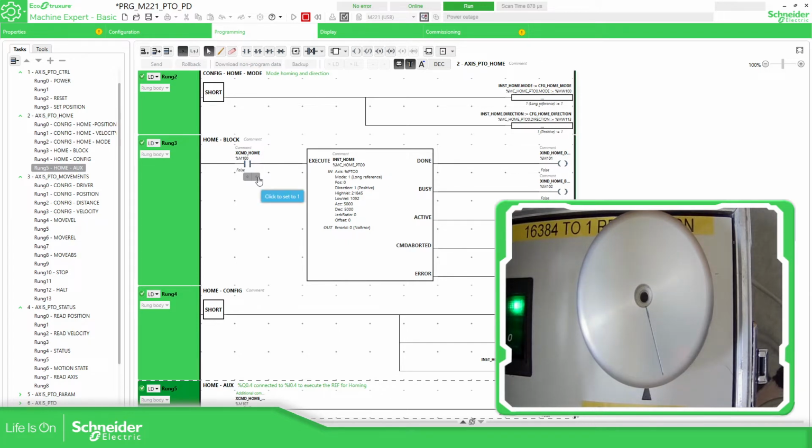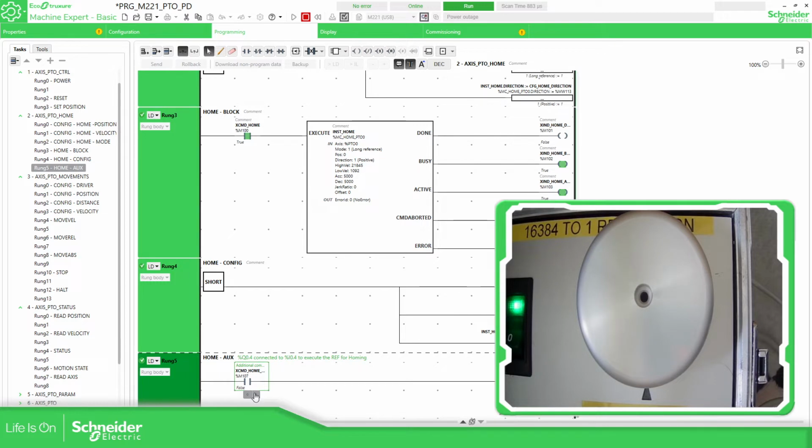So I'm going to activate it. Is it wrong? Yes. So you can see it is in high speed, high velocity. Now, if I remove the home, if I press the home, it will go in reverse in low speed, low speed until I remove this one. There we go. Okay, so this is how the